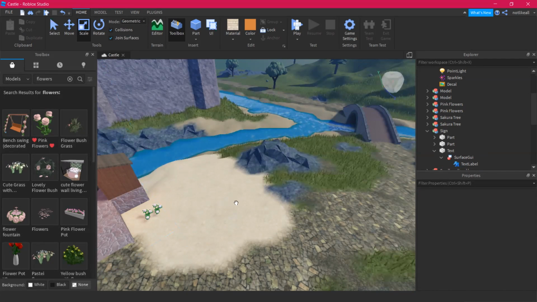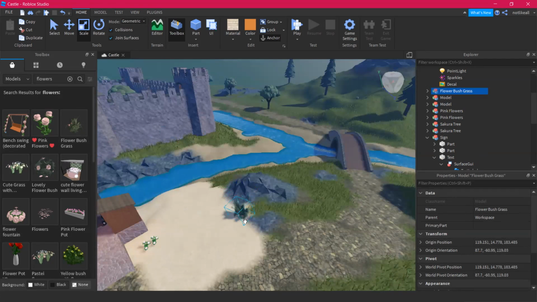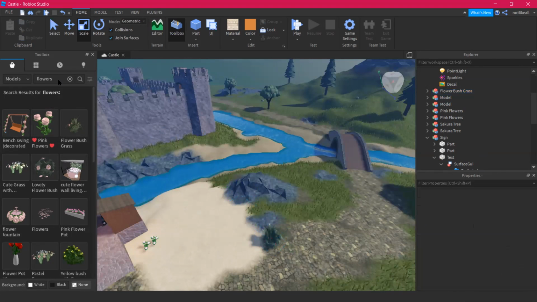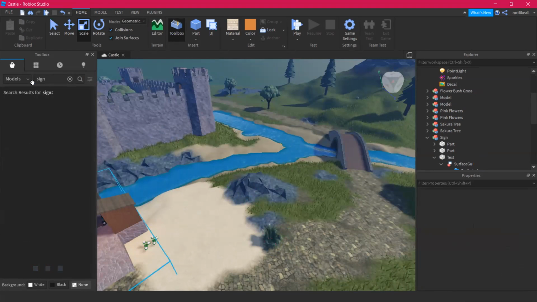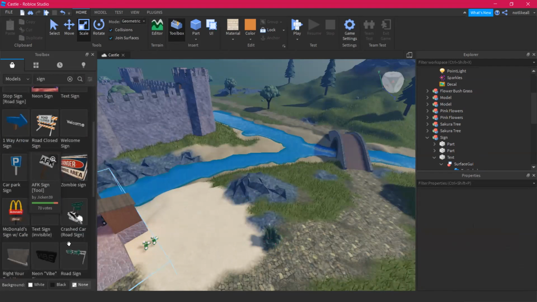I'll go with some bushes. Everyone, you can drop your suggestion in the chat box if you want to add something to your map. I'll add here, okay? Now, I'm looking for the sign and you all tell me which one do you want. There are multiple signs here. We can edit them. So I was thinking about,